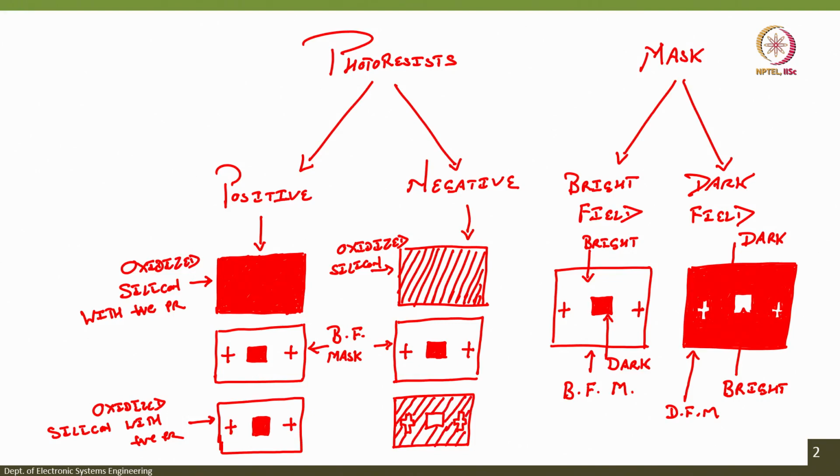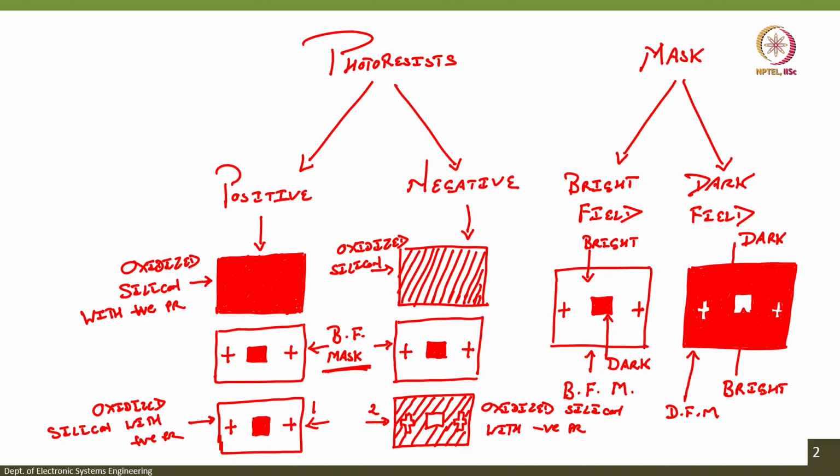Okay. What is the difference here between this one, let us say 1, and this one, 2? Because here the mask is the same, bright field mask, the mask is the same, right. But the patterns that we get finally on the oxidized silicon wafer with positive and negative photoresist